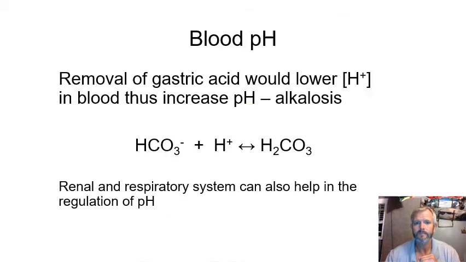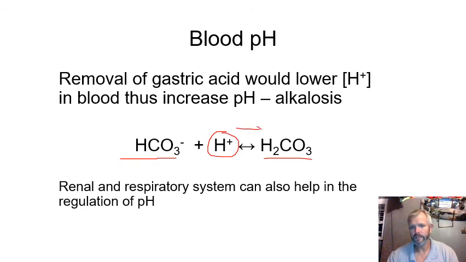If you can work through this, you can help understand blood pH. We're going to see later in the semester when we start getting renal and respiratory systems, those two systems also have a way to help regulate pH. But our first line of defense is we have lots of bicarbonate in the blood and a good amount of carbonic acid,